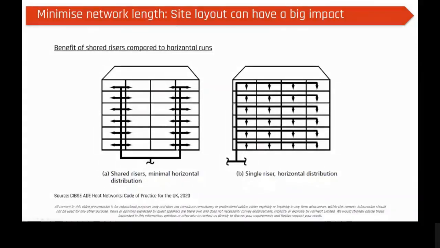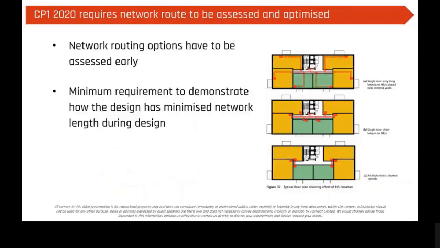If we move to the one on the left, we'll significantly reduce the total length of our network. This corridor pipework and the terminal run pipework, and by the terminal run I mean the bit that leaves the corridor and goes into the HIU, makes up the significant majority of the total network length. And I've got a chart to show you on that, just to put that into context. But looking at this in plan view, we can